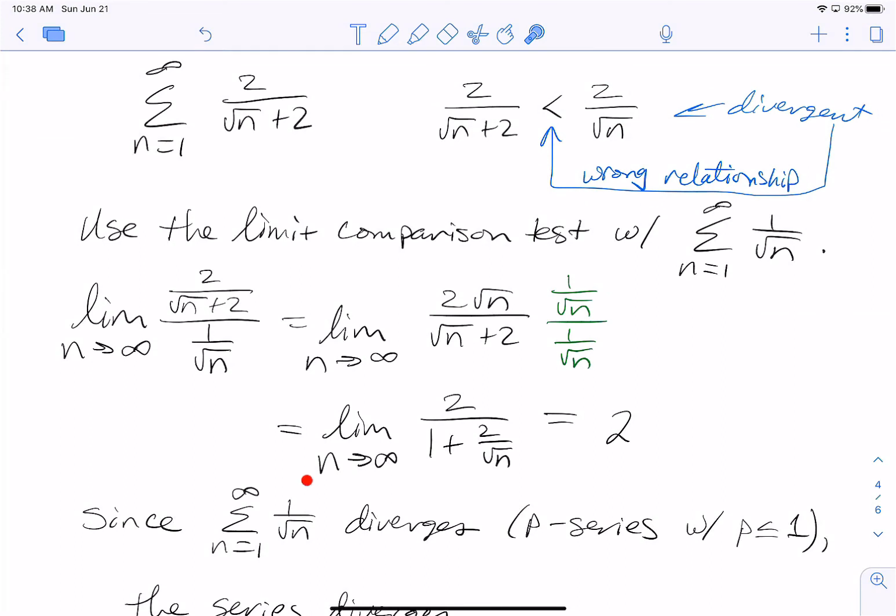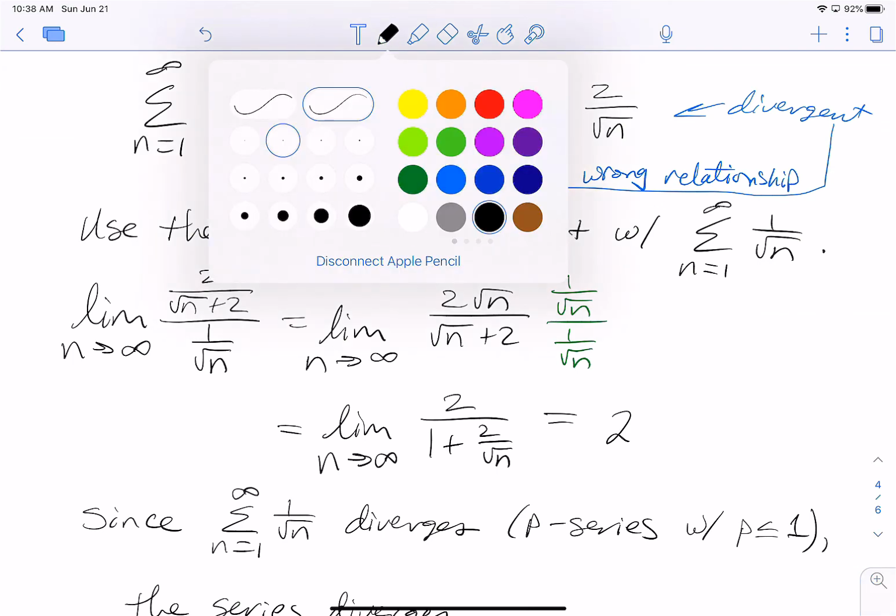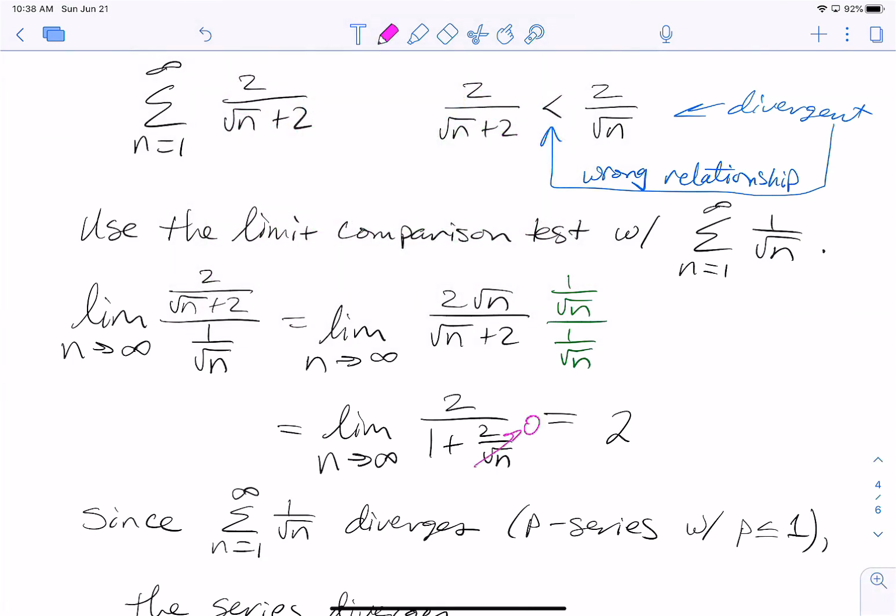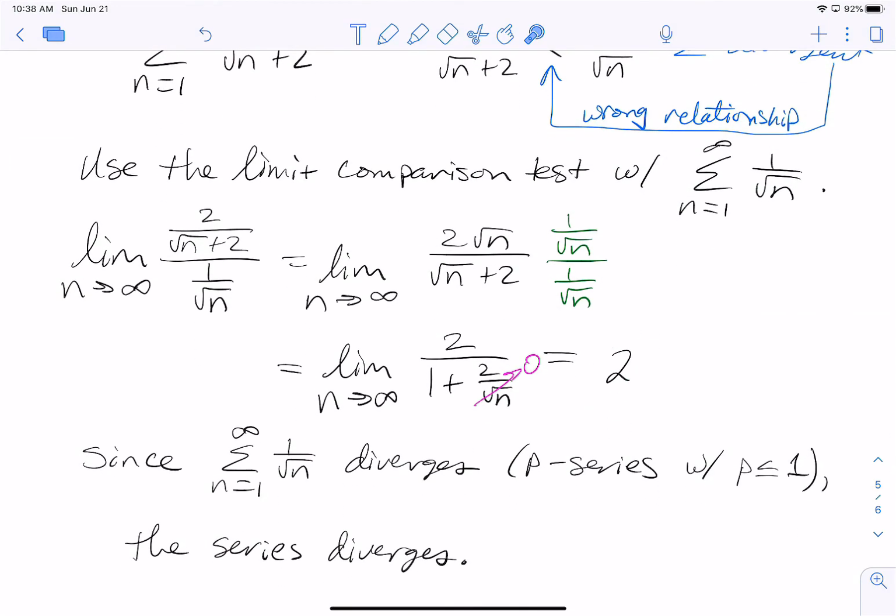That leads us to the limit as n approaches infinity of 2 over 1 plus 2 over the square root of n. And as the square root of n is in a denominator, as n goes to infinity, that term goes to 0. We end up with 2 as a result. Again, positive and finite. So we wrap this up by saying, since the sum as n goes from 1 to